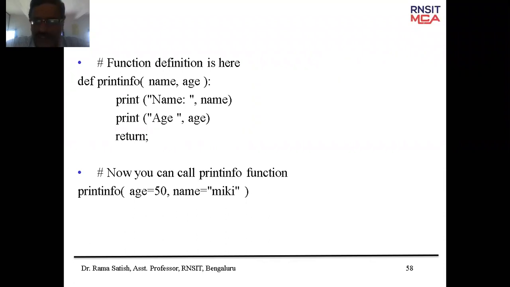Yes, Chandru, you have something to say, sir? It is not required to write a semicolon after the return statement, no, sir? No, a semicolon is not mandatory, but if you write it, it will not complain. Normally, if you write a semicolon, you can continue 2 statements in one line.